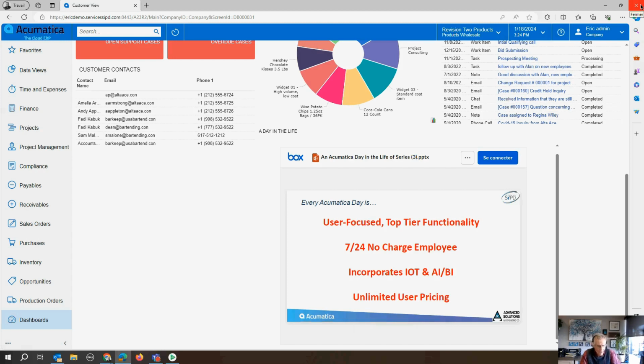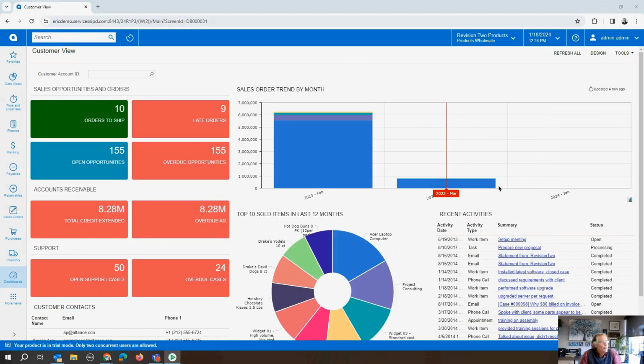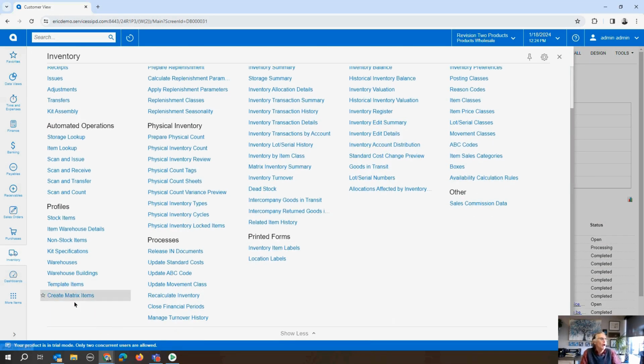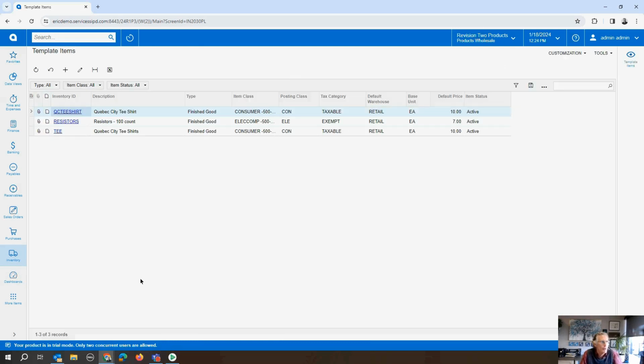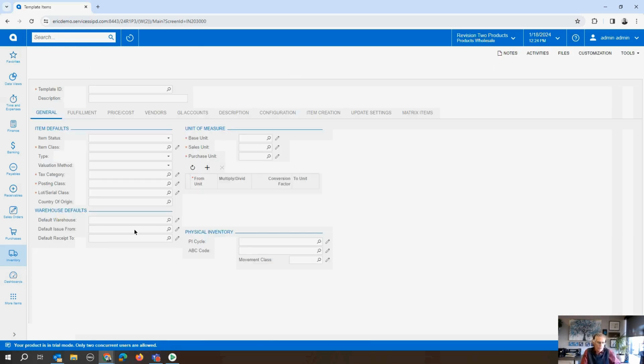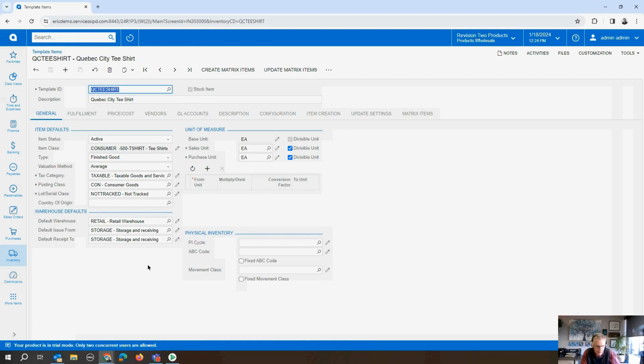But enough on general. Now let's talk about individuals or companies that sell products that have multiple options or attributes. Think of a style of clothing like small, medium, and large, or a computer that comes in various screen sizes or various hard drives and disks. Here, Acumatica has an inventory system that allows you to set up the matrix with all of the options associated